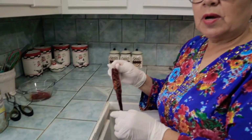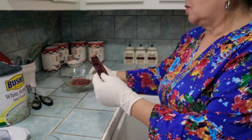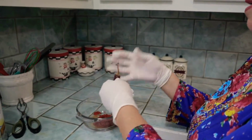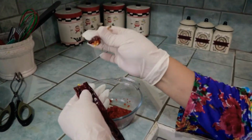Okay, this is a Chile guajillo. I'm gonna show you how to take off the seeds, because when you saw it, it was already cooked. So this is what we do. I put gloves because sometimes when you're doing a lot of them, it burns your hands. But you don't have to. So you see, I took off the stem,